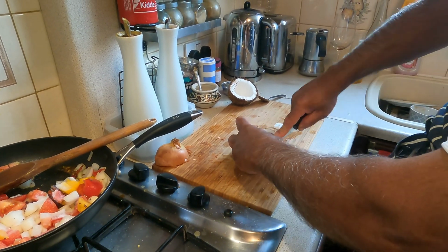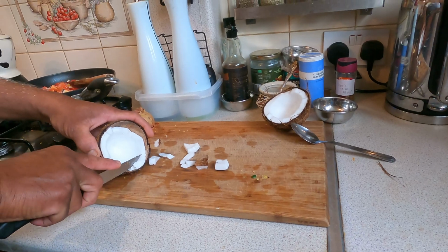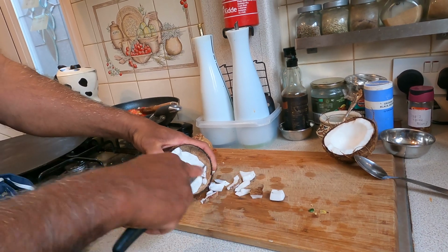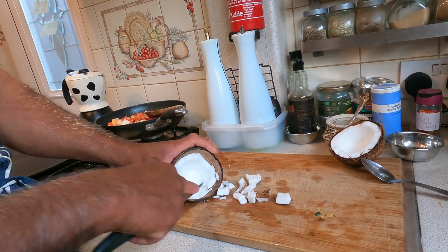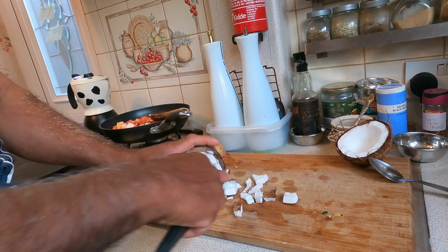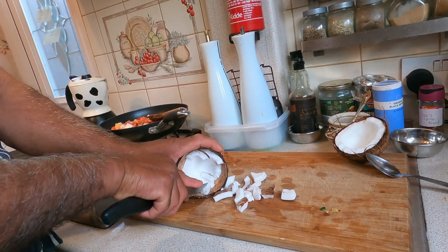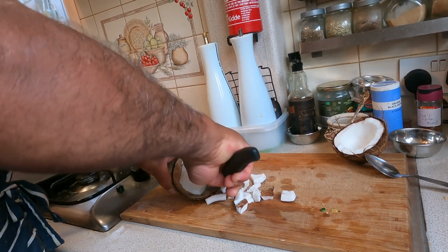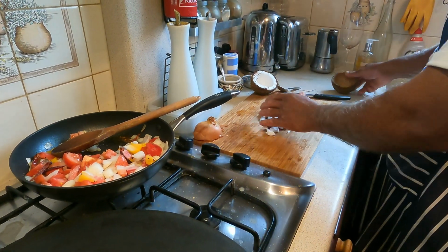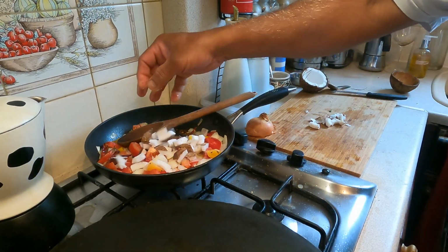Fresh coconut, you see, just like that. Take it out. This is the trick, how to take coconut so easy. You just take bit by bit to a cup. Half coconut, and we put coconut in the